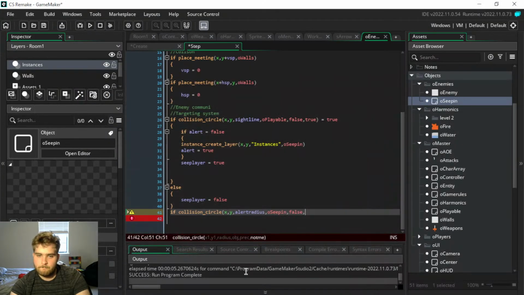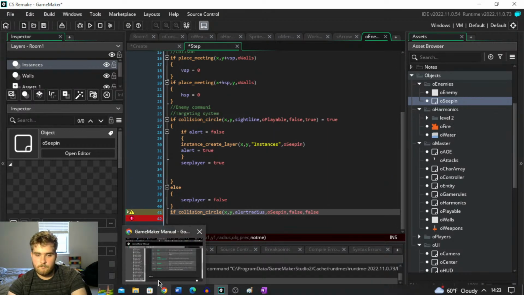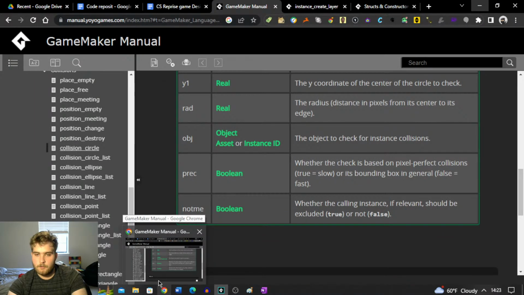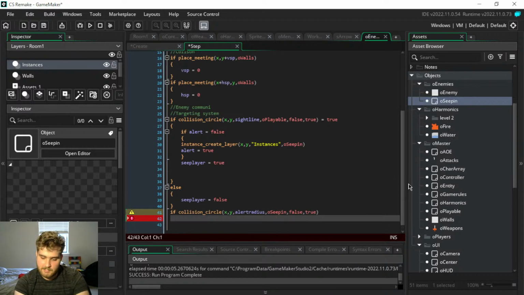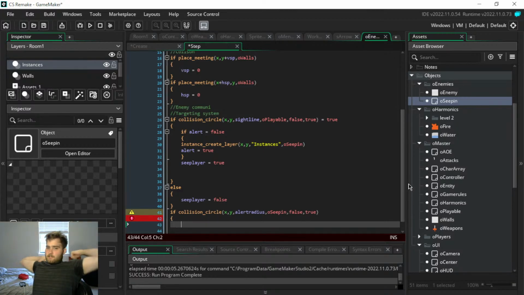Oh, okay, yeah. Not me equals false. Wait, the instance should be the player, yeah. True. Yeah, so it's gonna check the C pin, and if the C pin